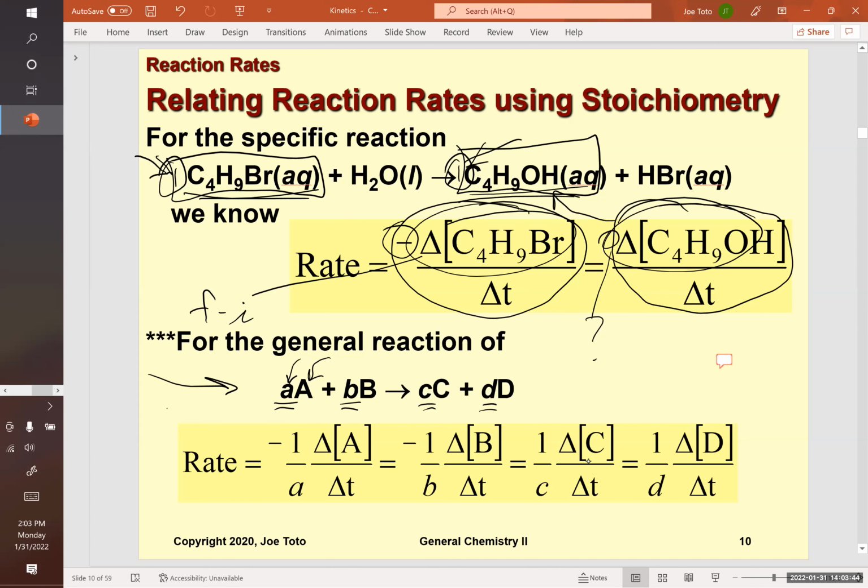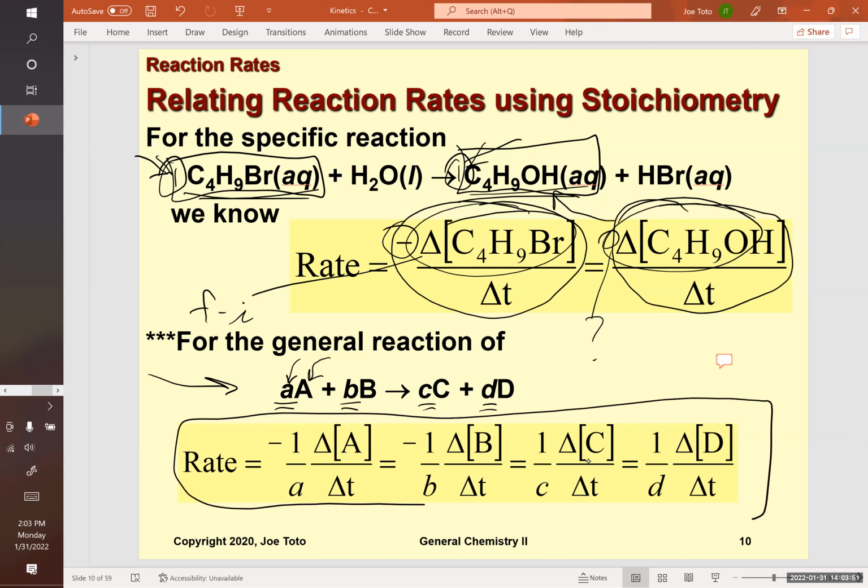And here is the general rate equation that relates all those rates. This says that the rate, and this rate is the rate of the overall reaction,